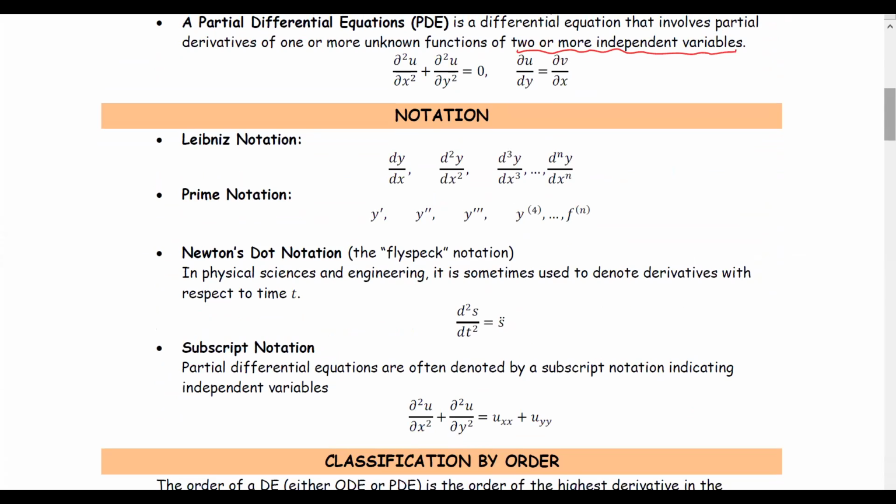Notation. Leibniz notation, or dy/dx, d2y/dx squared, and so forth. And the prime notation, like y prime for the first derivative, y double prime for the second derivative, and so forth. These two notations are commonly used in calculus courses. Newton's dot notation is used a lot in physical science and engineering because most quantities depend on time t, so we find the derivative with respect to time. It's understood to be